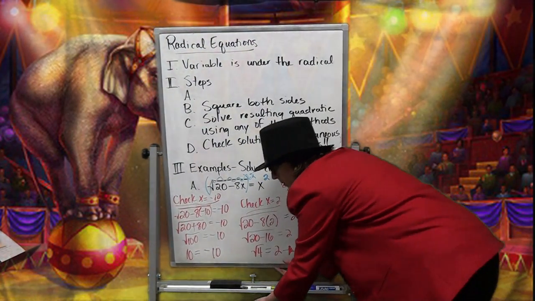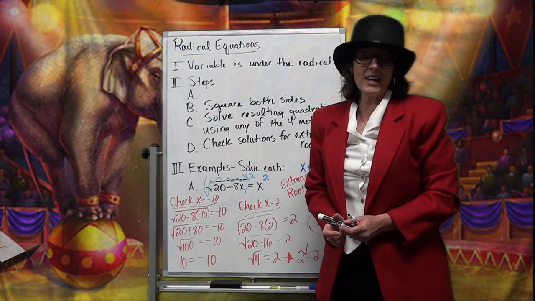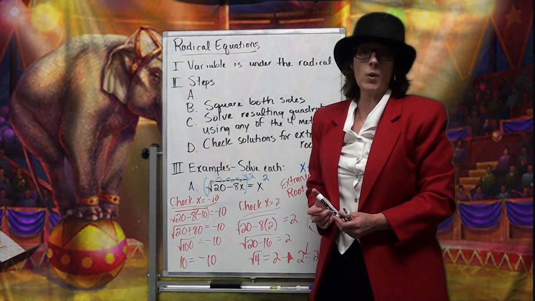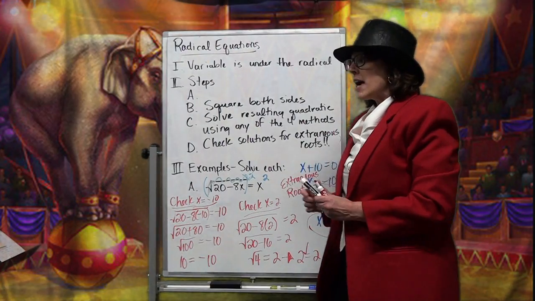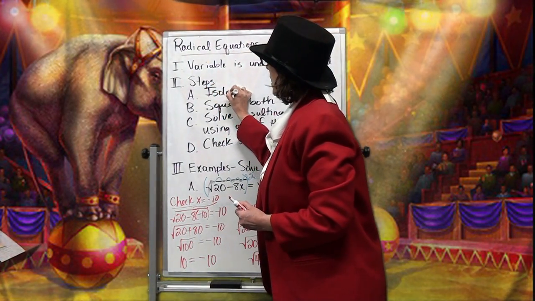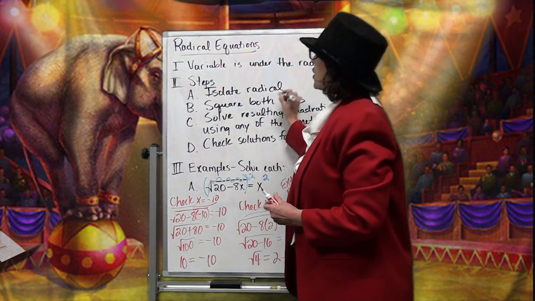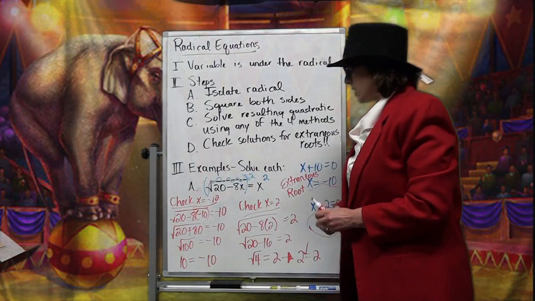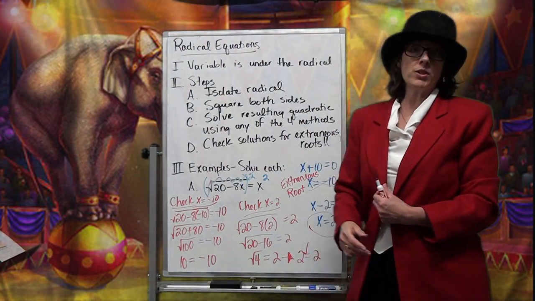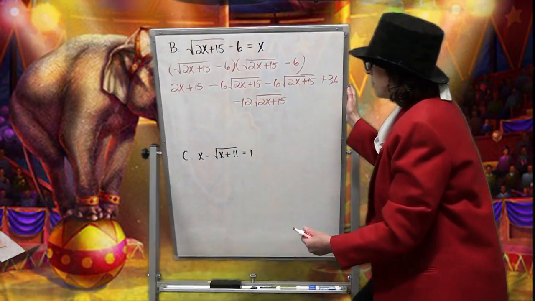See, the radical here was completely by itself. So when the radical is isolated and it's totally by itself, I can square the side and it'll get rid of it. So that very first step is to say, let's isolate the radical. Let's get it by itself so that when we square both sides, the radical will disappear. So if that's the case, and we flip back over to that second example one more time,